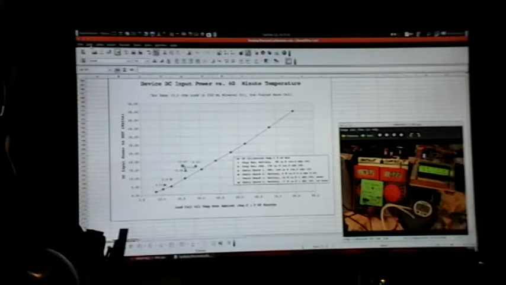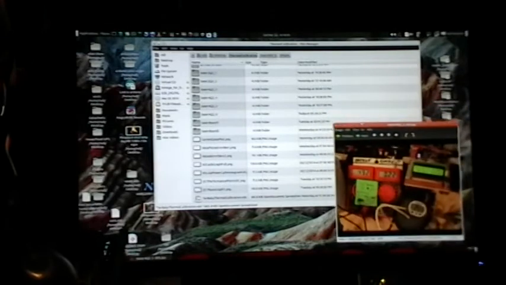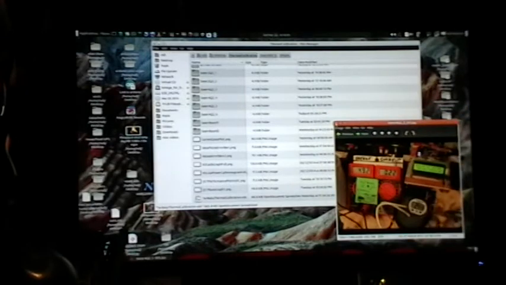Okay, so once the data is entered into the spreadsheet, I like to make a little movie that shows the animation of all of the data files, right? And the way that I do that is I use the Linux application called OpenShot, which is a nonlinear video editor. And I import the files, the images, and you can see OpenShot asks me if I would like to open or import this directory full of files